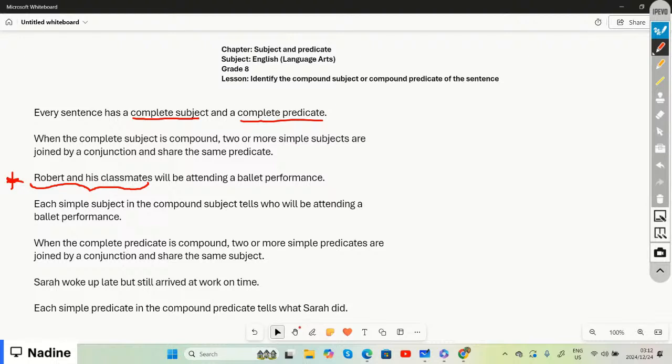All right. When it comes to the complete predicate that is compound, that also shows that there are two or more simple predicates. These simple predicates are also joined by a conjunction and they share the same subject. Whereas if the subject is compound,